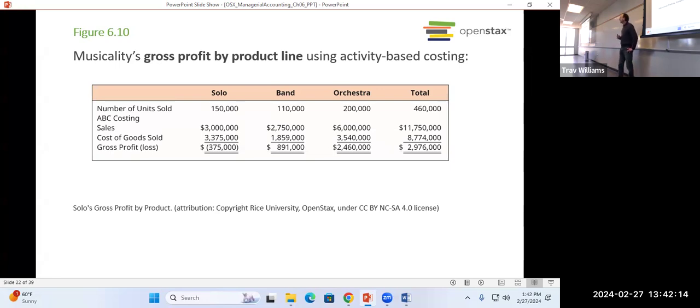Now, from a marketing standpoint, it might still be worth it to offer that product because maybe that gets people in the door. They start off with your cheaper product, and then later they advance to the more expensive one. Or you might say it makes sense for us to lose money on this product because if we discontinue that product, our competitor is going to take that market share, and then they'll give more brand recognition. So from a marketing perspective, it might or might not make sense to continue that product. But from a financial perspective, not good, right?